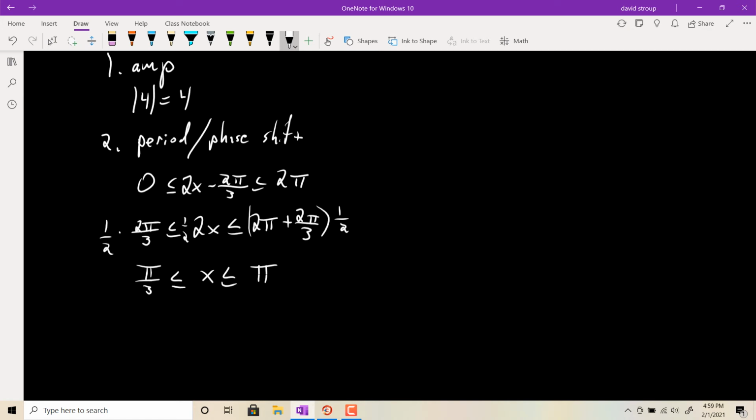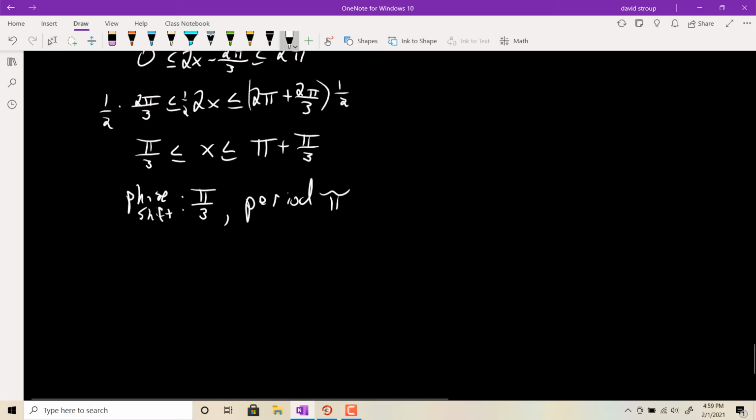And then over here it's pi plus pi over 3. Again, it's a phase shift. So the starting place where the phase shift is pi over 3, and then the period is just plain old pi. Okay. Then for my tick marks, or my key points, I'm starting at pi over 3, and then I'm adding in the period divided by 4. So for my tick marks, I'm going to be going by,